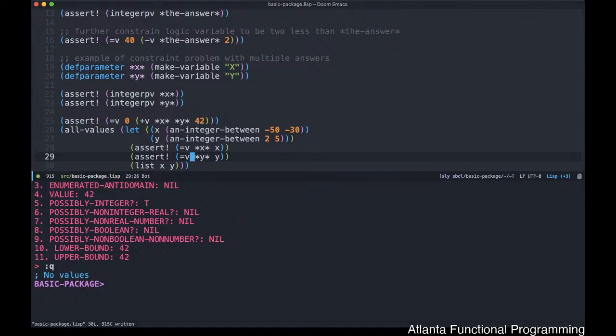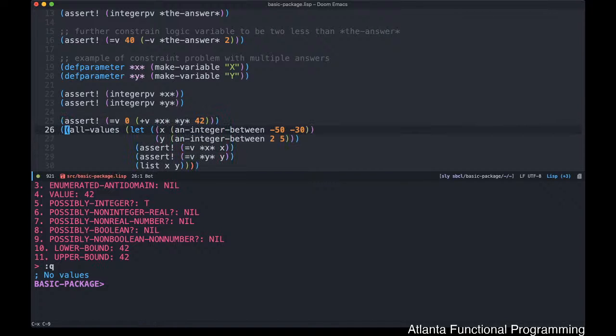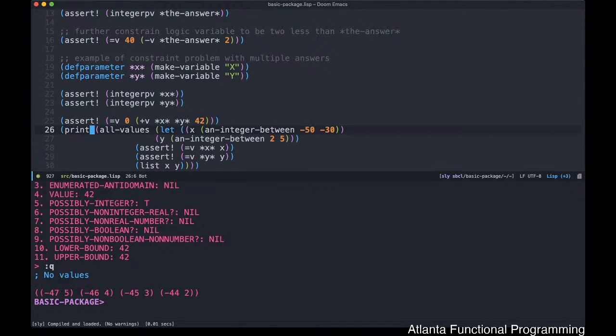Okay. So what this is doing is it's first binding essentially with this equals v x to x and y to y, and then we're going to return the two as soon as they satisfy this particular value. All right. So if we print this, you'll see what it's doing is again, it's taking the values that an integer between is providing, and it is